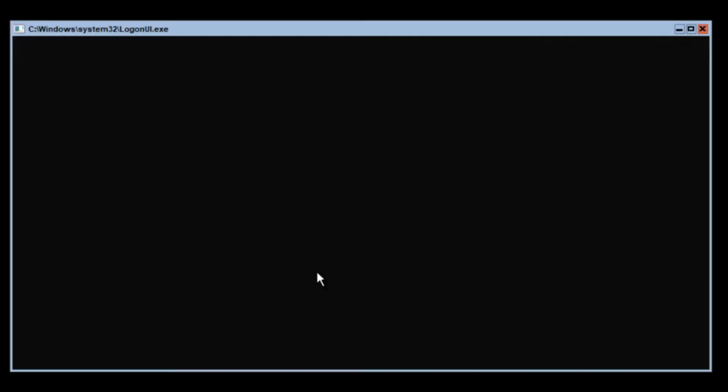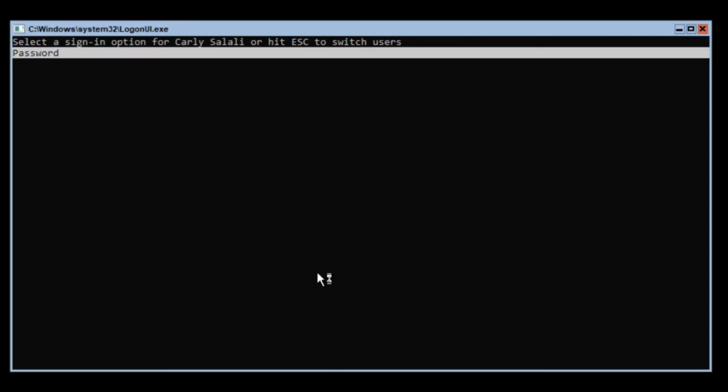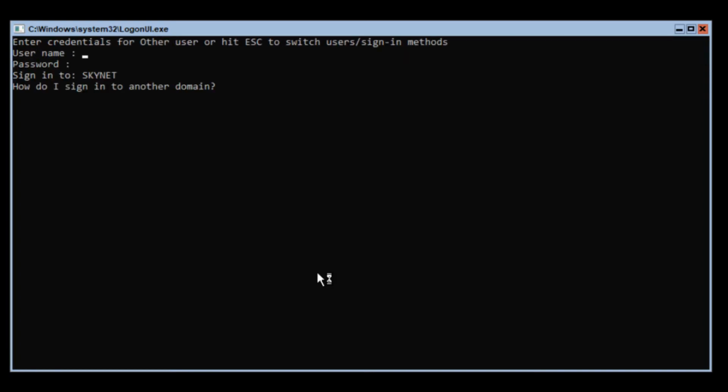And I'll sign out. And I'm going to hit escape, and then hit escape to switch users. So now I'm going to choose other user. And if I do, see what pops up? Now I don't just have the option to sign in locally, because this is now a member server. It's a member of Active Directory. It's been added to the domain. I can now choose to sign into SkyNet. And I can use username